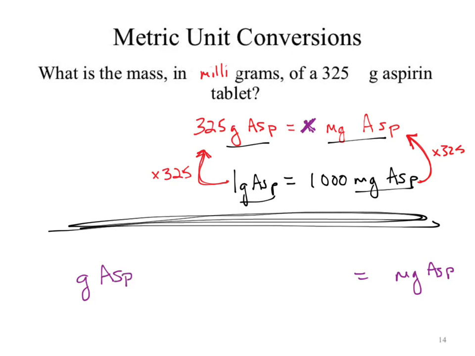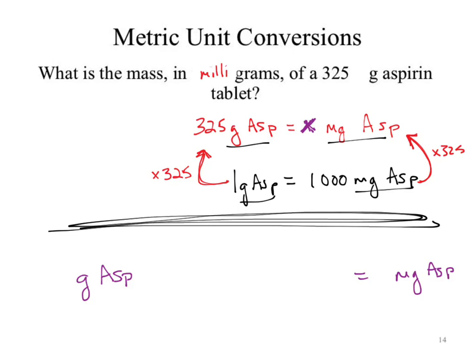Grams of aspirin. Where do I want that grams of aspirin to be located? Should I place it in the numerator or the denominator? The top. Why on top? Because that's what you want in the end. If I look at my answer, I have the substance aspirin show up in the numerator. Milligrams is a measure of mass. What is grams a measure of? Mass. So mass and substance match, both in the numerator, which means grams of aspirin should be in the numerator.